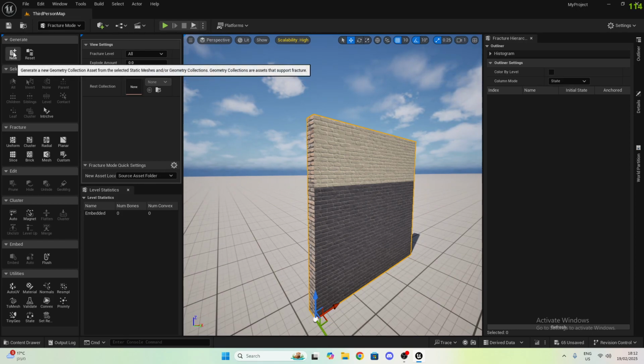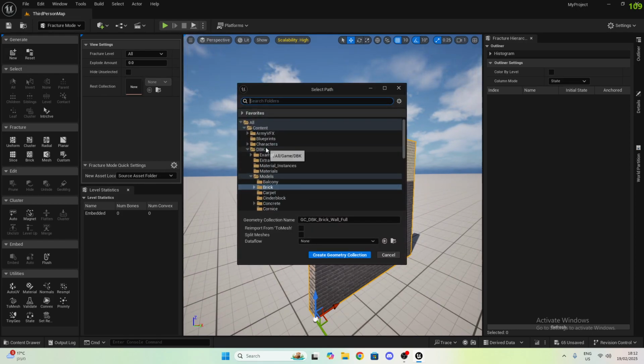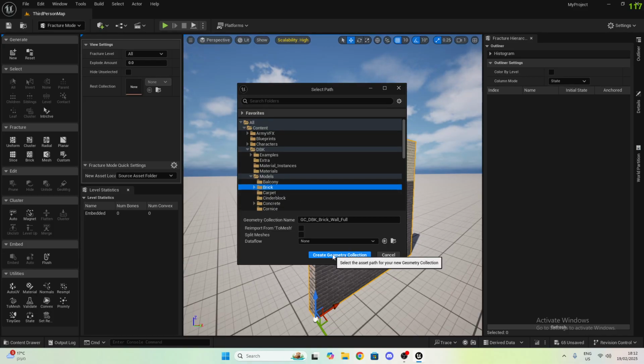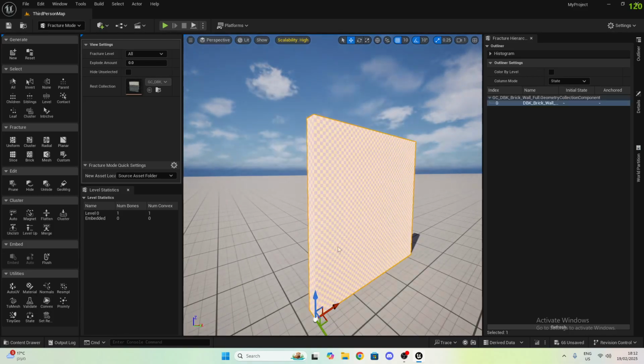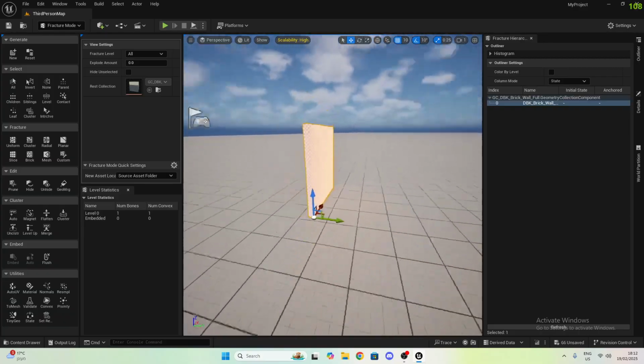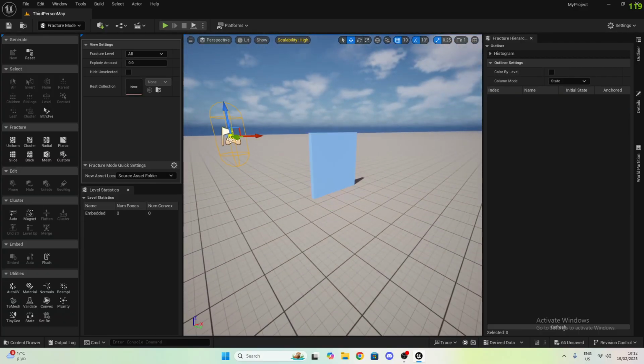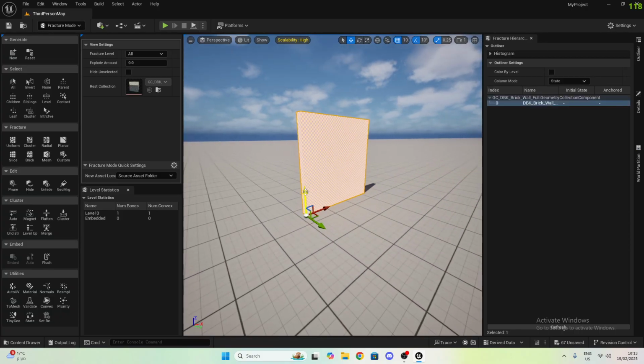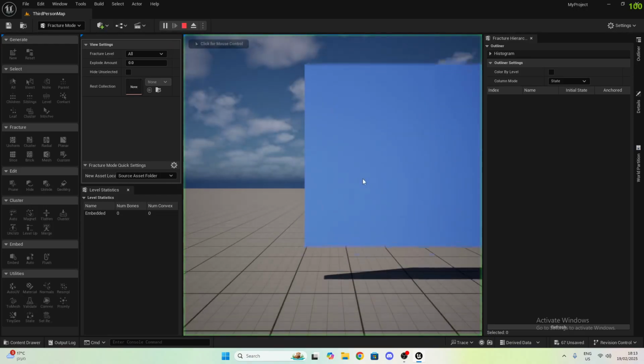Let's click on new, and let's choose a select path, and I'm going to randomly choose a path and click on create a geometry collection. Now if we hit play, this wall will be physically simulated,